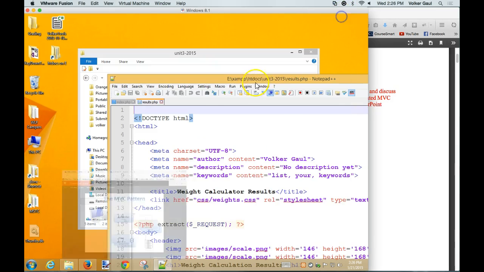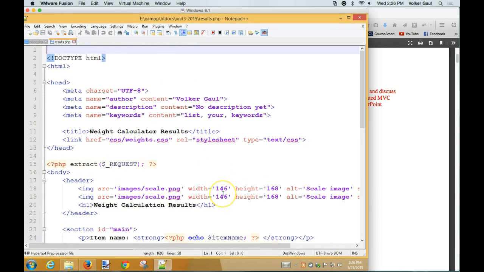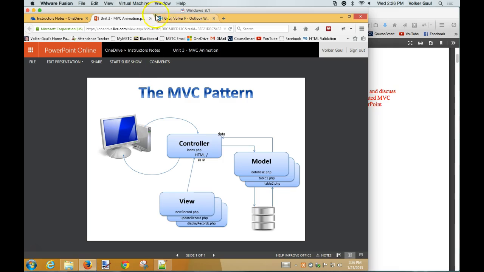Okay, let me just minimize that, keep it handy in case I want to get back to it. I have renamed the page that we're looking at. This is the one we ended up with in Unit 2. Might have a few tweaks to it, might be slightly different, but if you downloaded Unit 3, it should look like this. And if I run it,